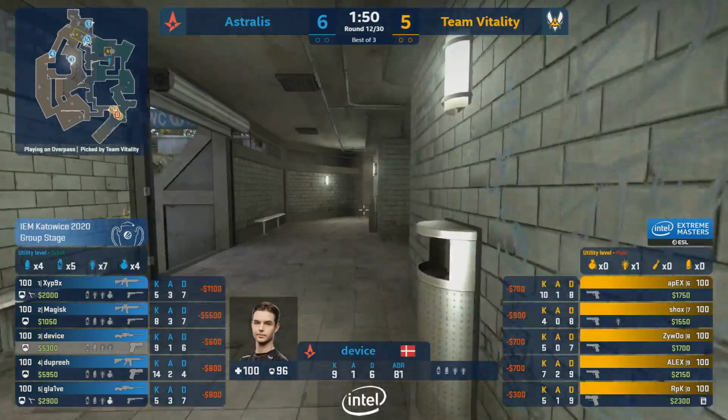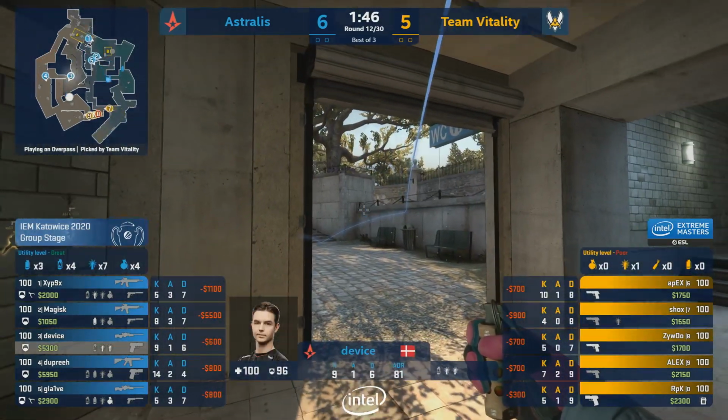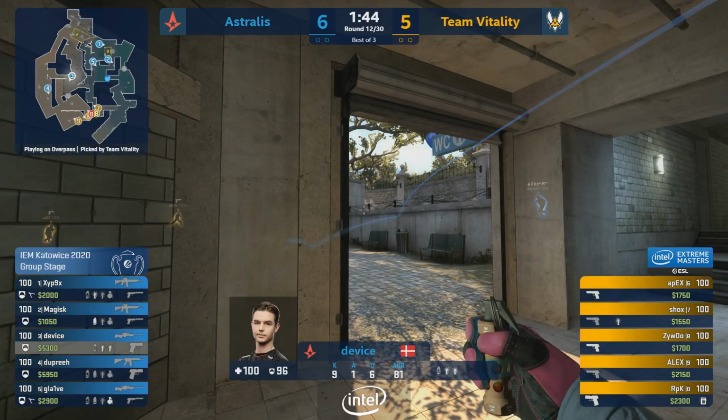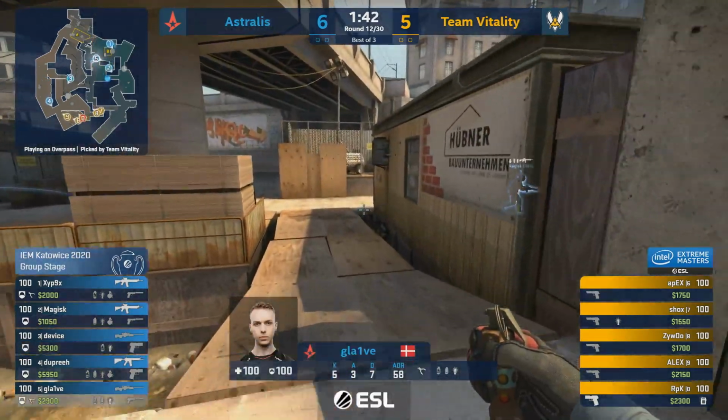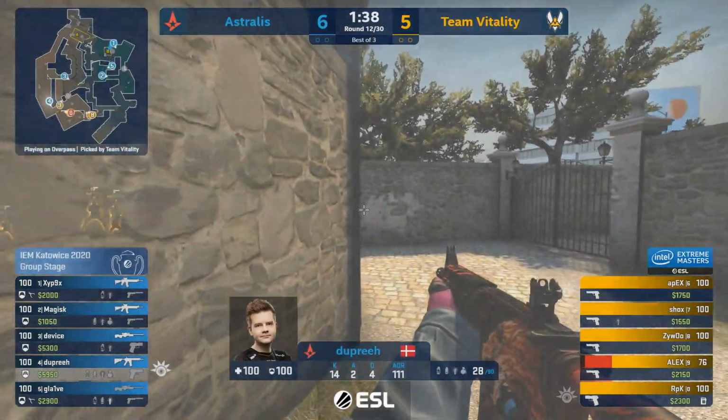They weren't happy with that, Alex. A clean round, didn't want that. They're going to take Glaive on the AWP now. I assume he's got a decent spawn. Yeah. Device elsewhere. They're going to have the AWP towards perhaps Monster Peak late, and Dupree's chosen to go